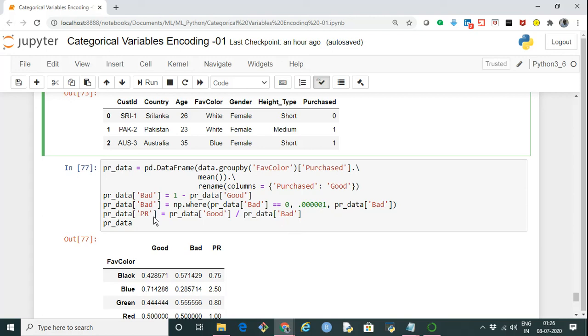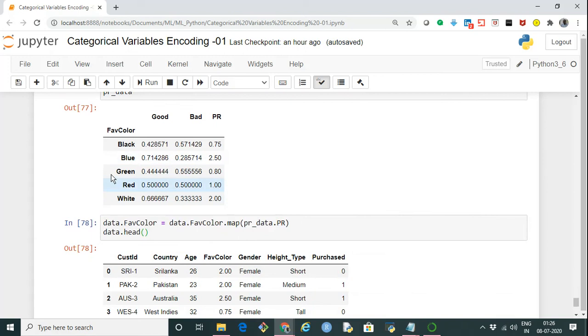After this, we create the probability ratio value by dividing the probability of good by the probability of bad. And this is what our data frame finally looks like. Then we simply map the color column by this PR column, so that wherever different categories of the colors appear in the original data frame, they get replaced by these PR values.